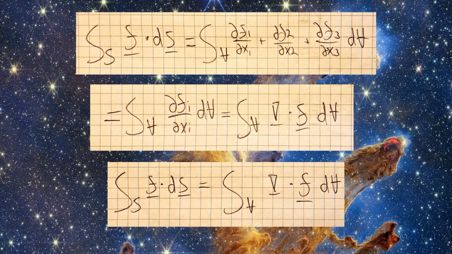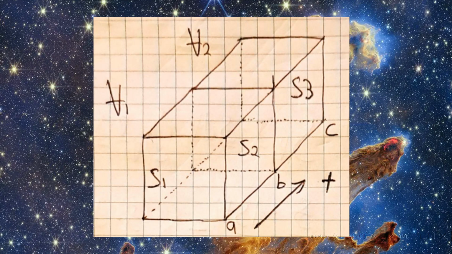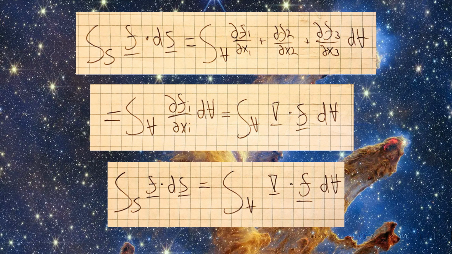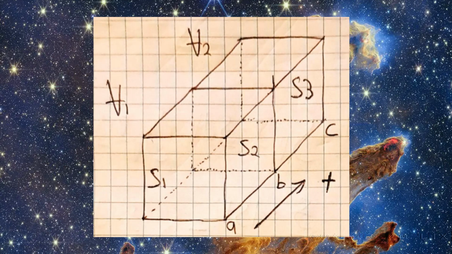And there are going to be times when we're going to want to use this going in either direction. But this is only for a cube, so it has a little bit of limited application. So to broaden the range of this theorem,